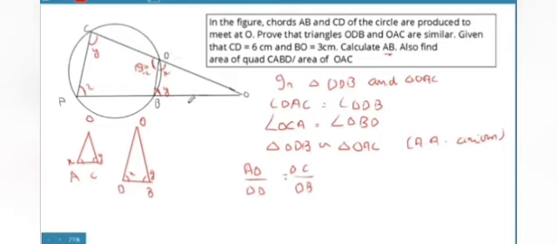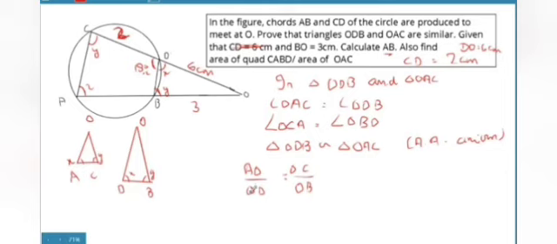Now what is given here: OB is given 3 here, and here CD is also given. CD is given 2 centimeters. I have not written that. CD is your 2 centimeters. This is not 6, this is 2 centimeters, and here DO is given 6 centimeters. So I am taking this as 6 centimeters.